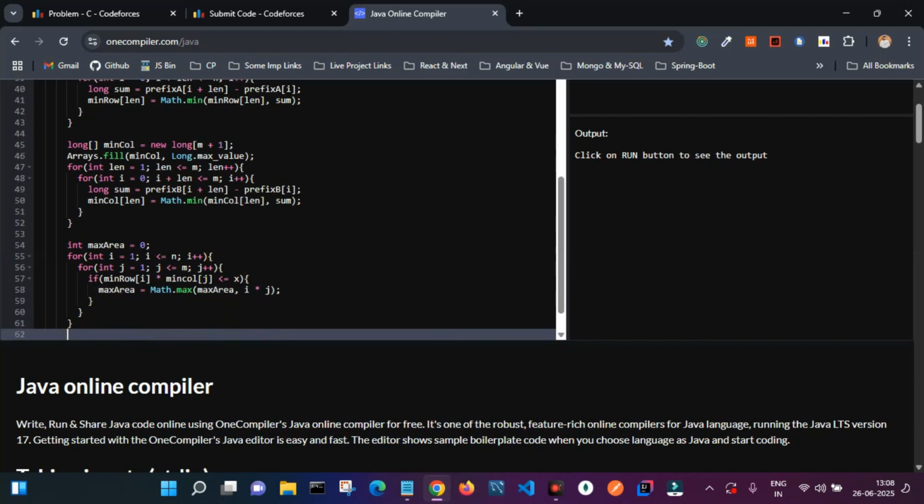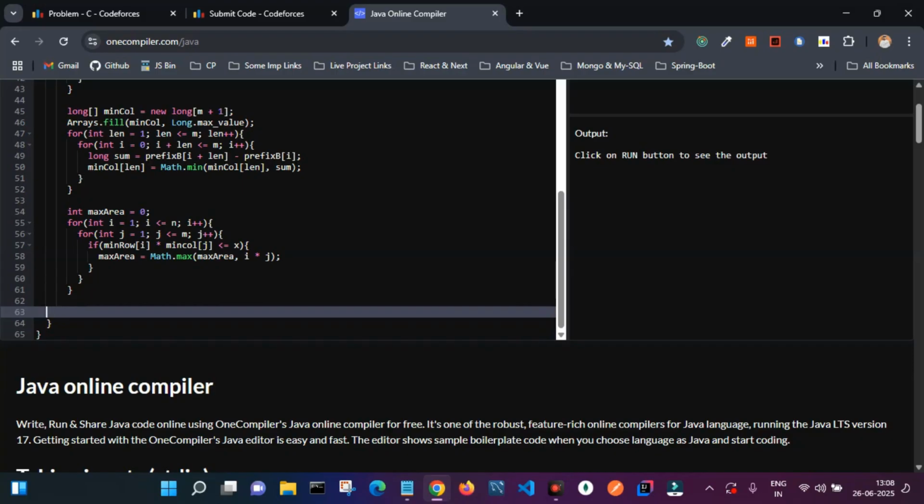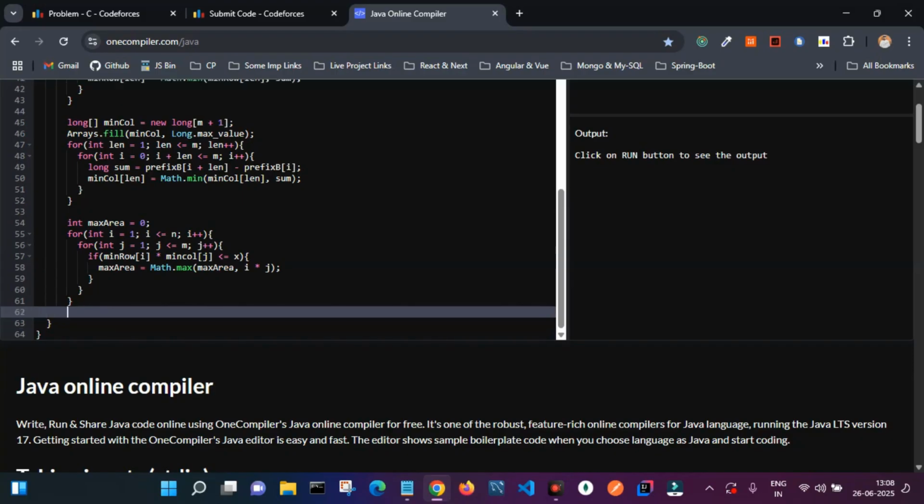This is fine, so let's come out of this one entirely. Finally, we are done with the code. The final step in the approach was that we have to try all the combinations of the subarray lengths from A and B. If the product of the minimal sums is less than or equal to x, only then can we afford the